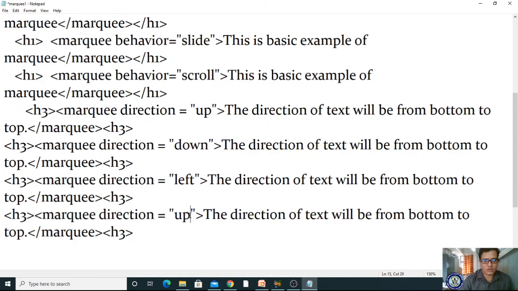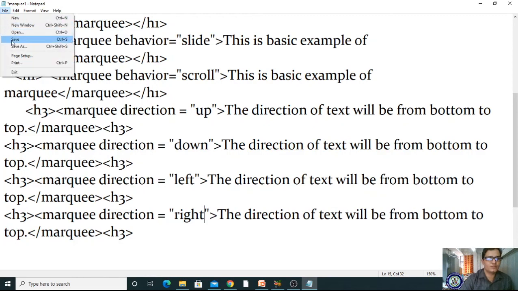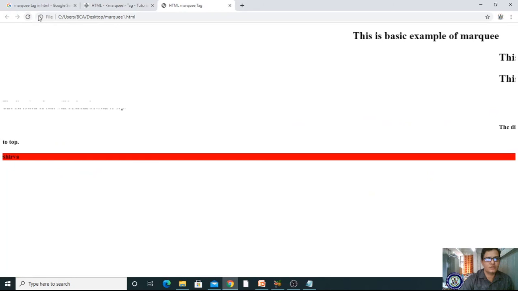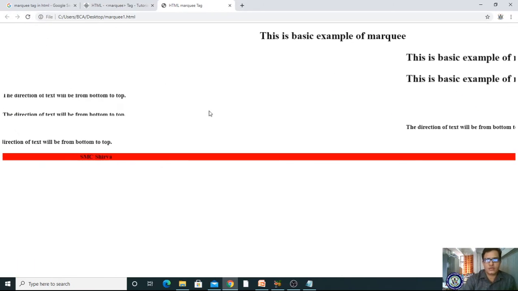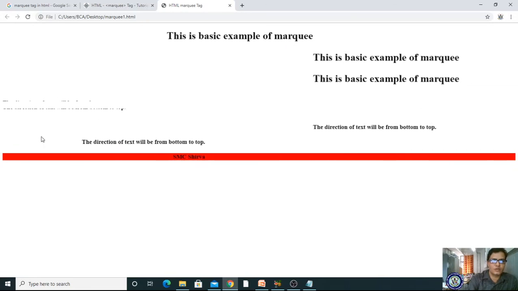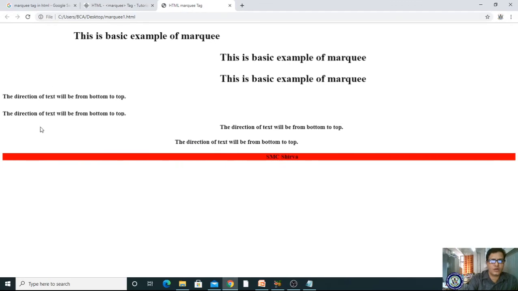Okay. Now let me see the right direction. What will happen? Okay. Now I'm saving and I'm compiling. Compile means, sorry, refreshing. Now you are seeing, right? I have given scroll, top, bottom. Okay, one is up, one is down, top and bottom.